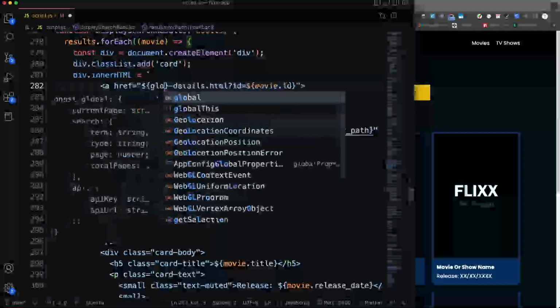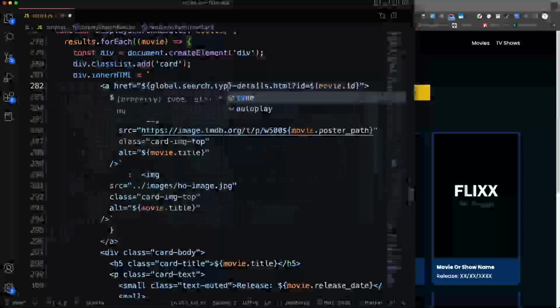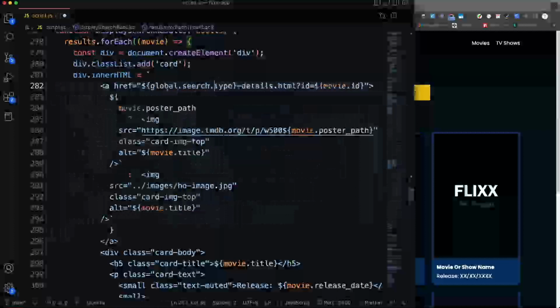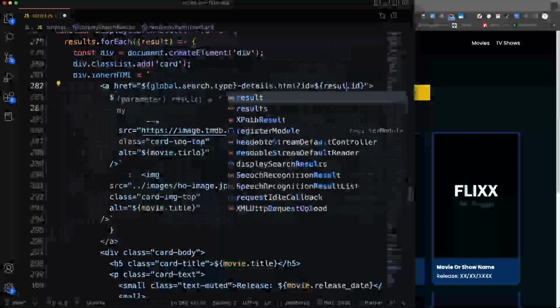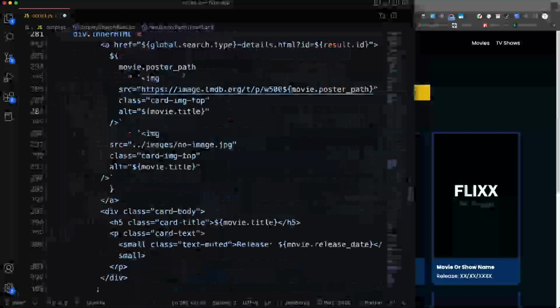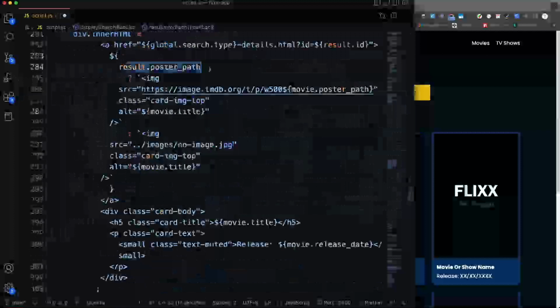So we can say global.search.type. So if it's movie, then it would be movie details. If it's TV, then it'll be TV details. Now instead of calling this movie, because it could be a show, we're going to call it result. So then let's change this to the result ID. And then for the path, we'll change this to result,